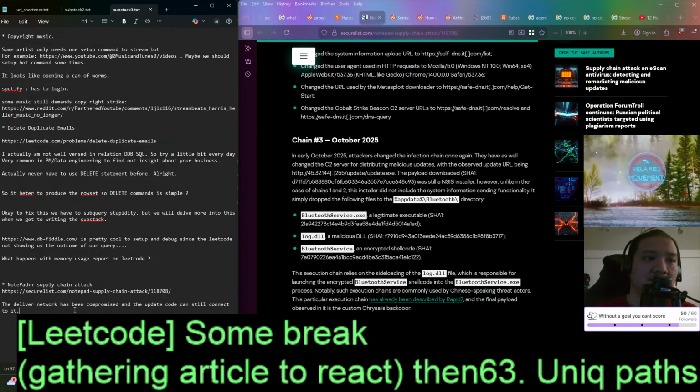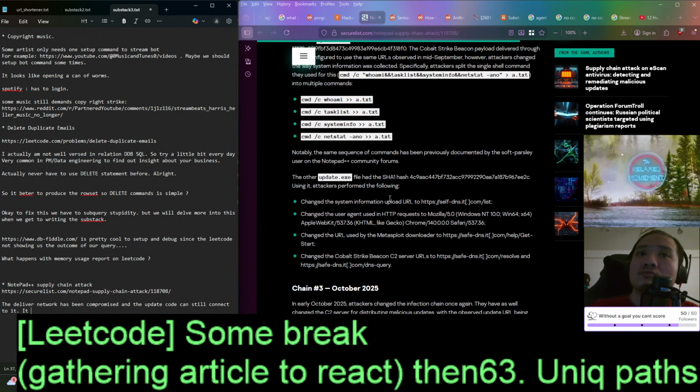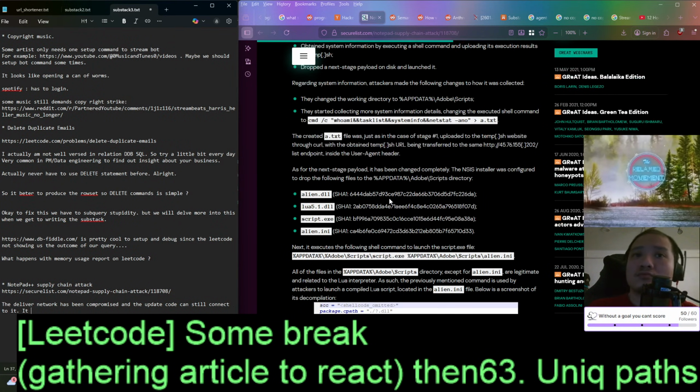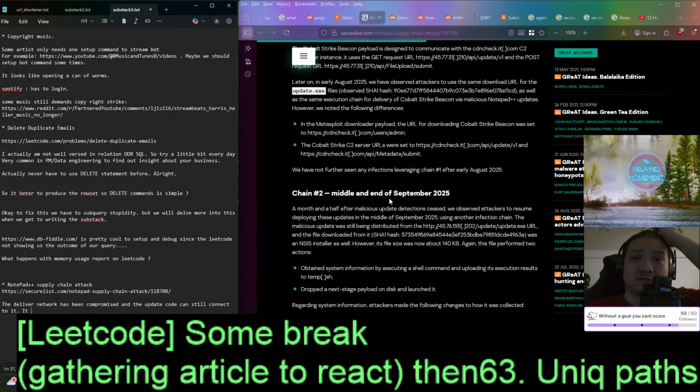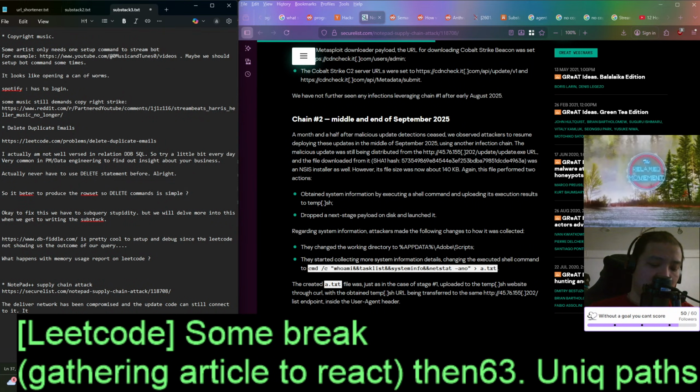So basically, it downloads and triggers some executable.